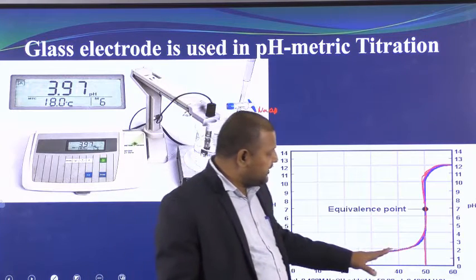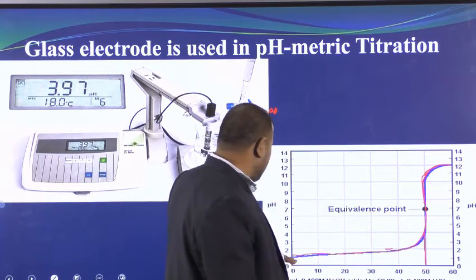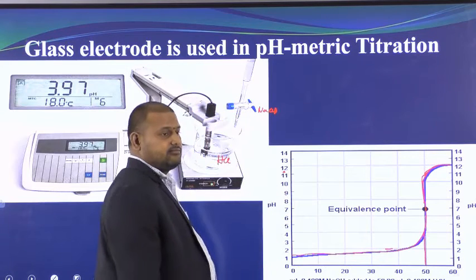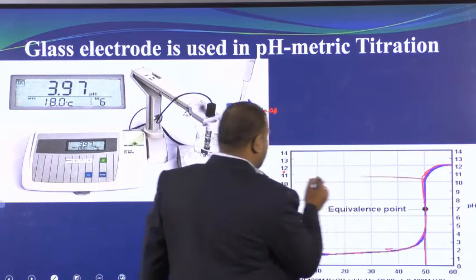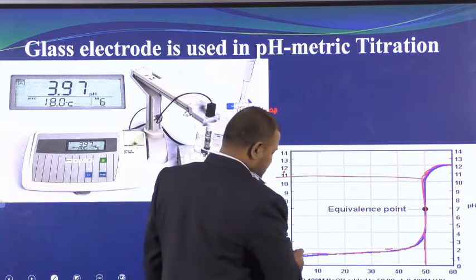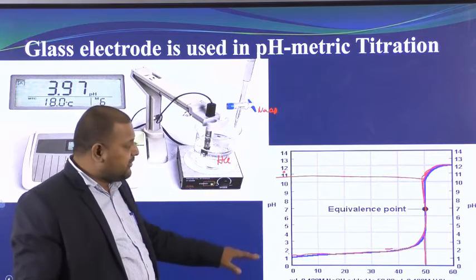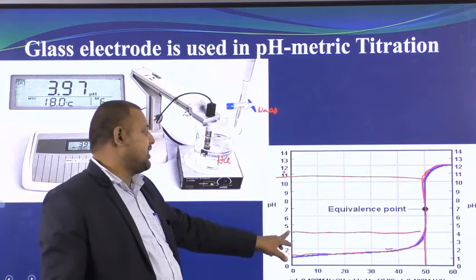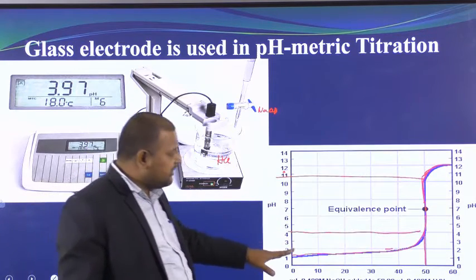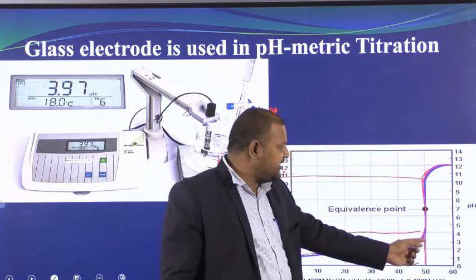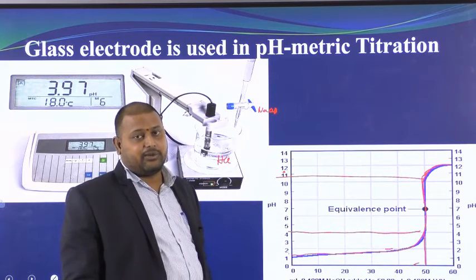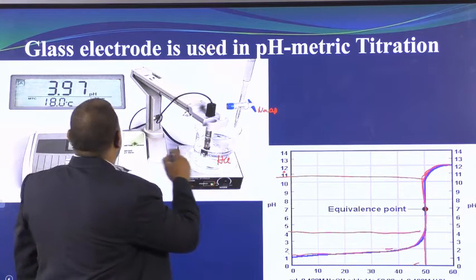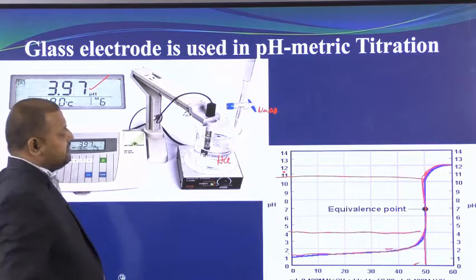Up to here there is a gradual, very slight increase in the pH value. But here, drastically, from a pH of around 1 or 2 it has increased to a pH of 12 or 11. From 1.2 it slowly increases up to around 4. But after adding 1 ml, it immediately increases to 12 or 11. It implies that the reaction has concluded.